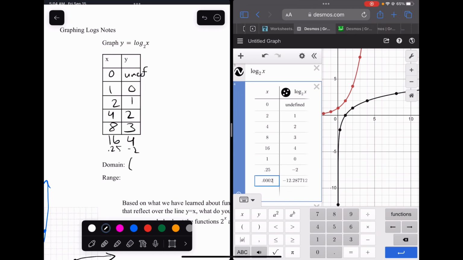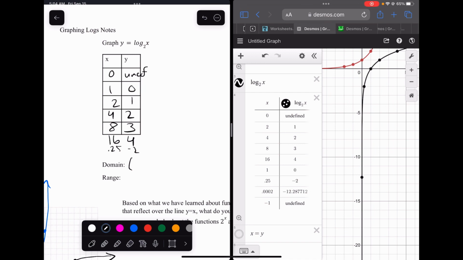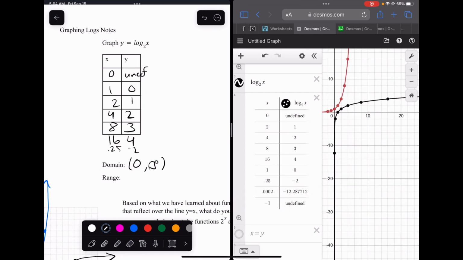Now what happens if I plug in a -1? I also get an undefined value. That makes sense if you're looking at this graph. You don't see any points past an x value of 0. That's because the domain of this function is 0 to infinity. And then if we look at our range,